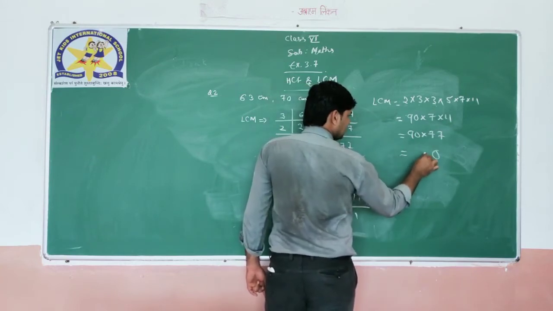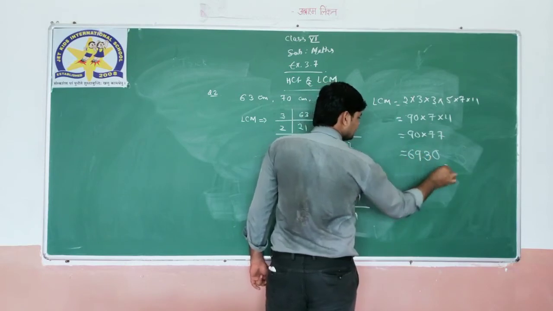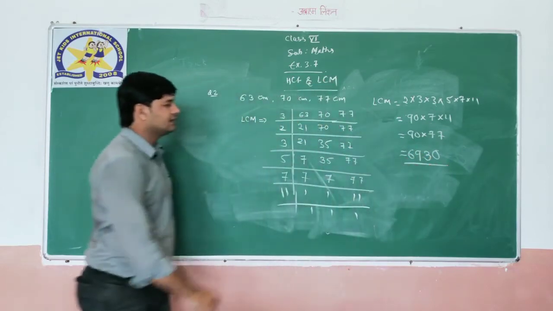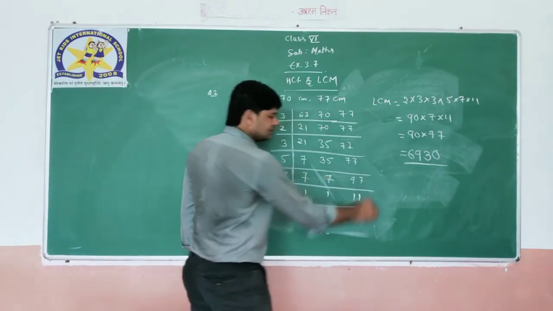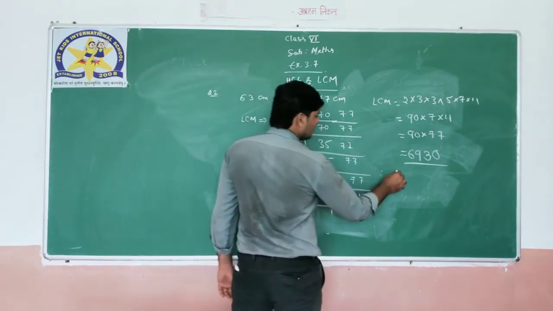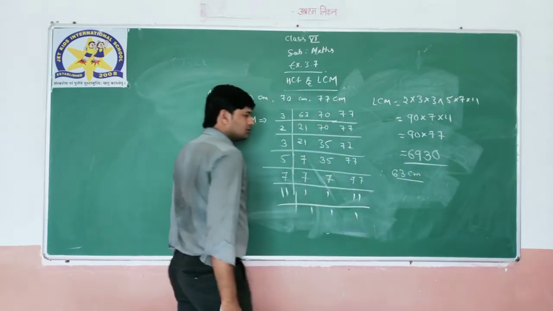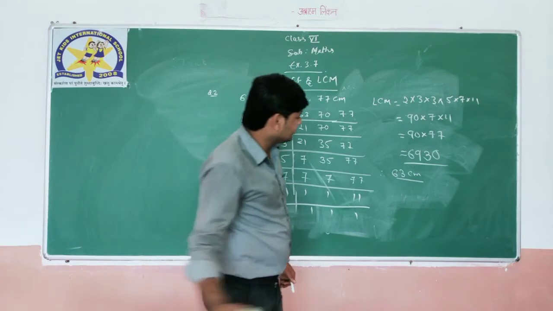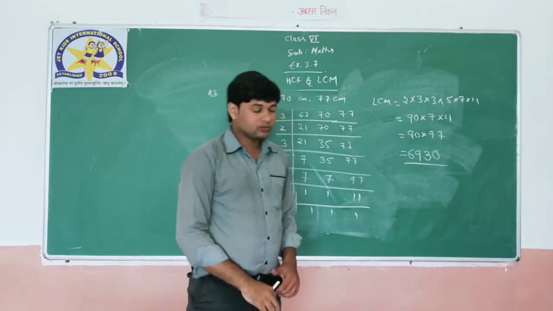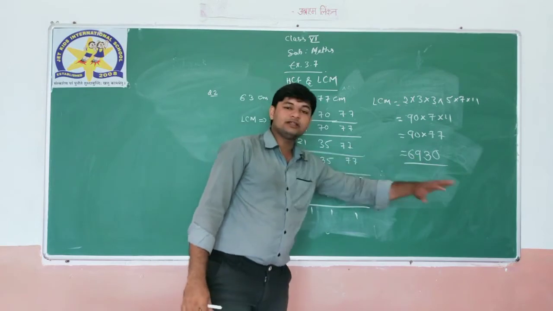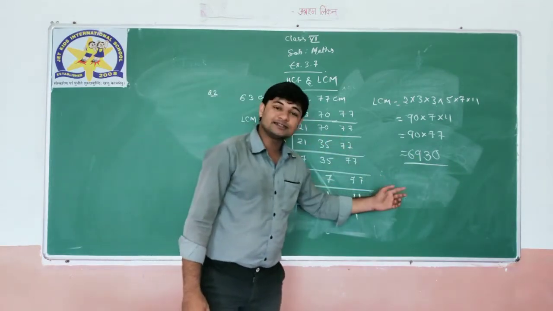9 7s are 63, carry 3, 6930 will be the LCM. So you will write the answer over here: 6930 centimeter. Okay, this is the minimum, 6930 centimeter. You will write over here, okay, this is the proper answer, and in the last you have to write